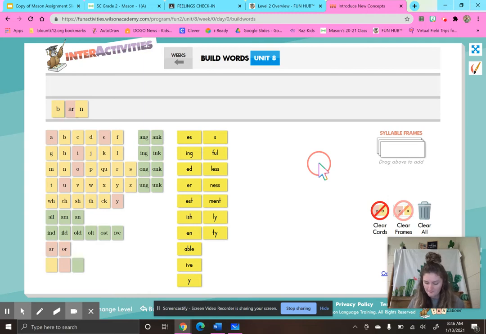R, it has an R-controlled vowel. What R-controlled vowel does farm have? A-R. So it has R, farm, and it's an R-controlled vowel syllable. So if I were to show that on my magnet board, we would have R,